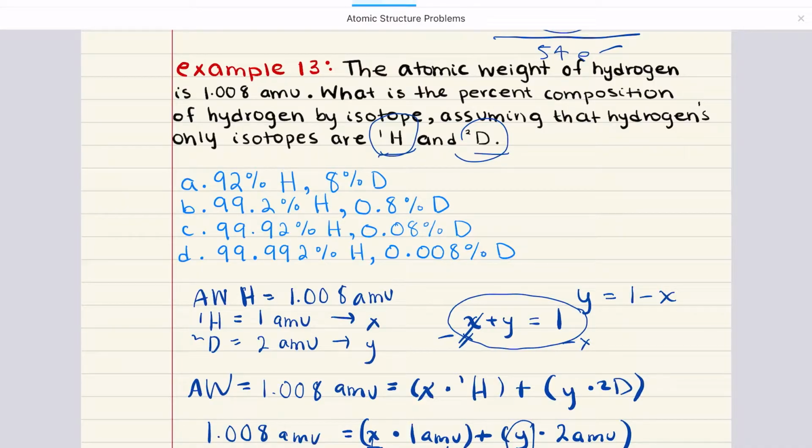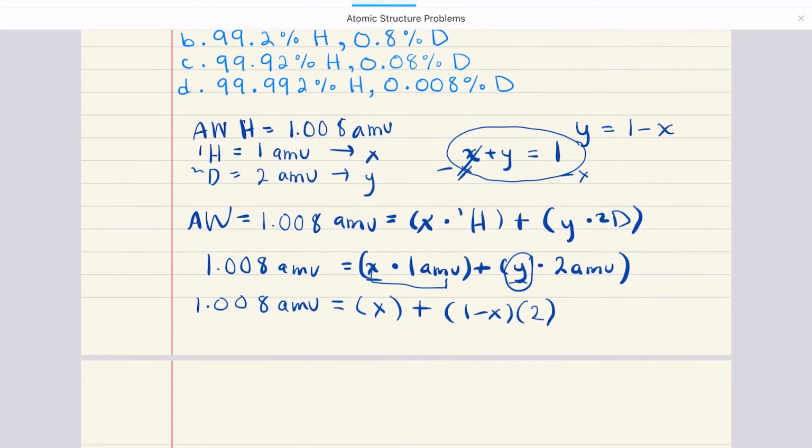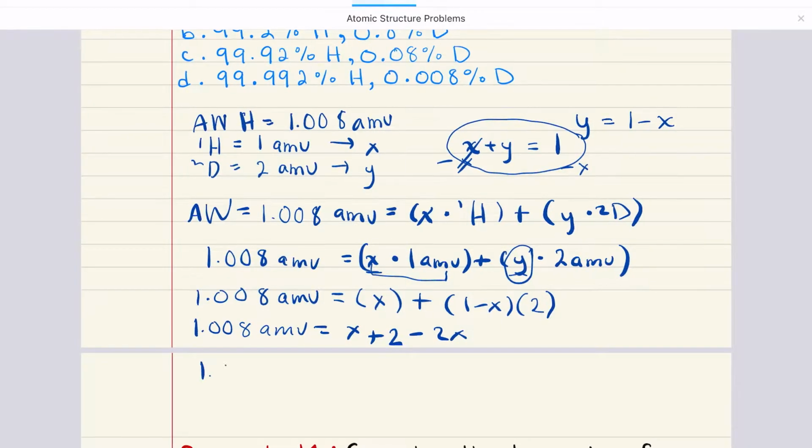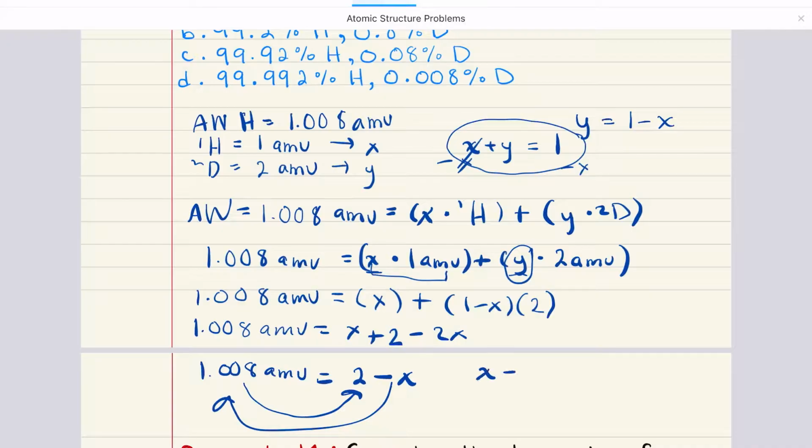And now this becomes a really easy expression to distribute and then solve. What we have is that 1.008 AMU is equal to x plus 2 minus 2x. All right, and we can rearrange this, and what we have is then 1.008 AMU is equal to 2 minus x. All right, and then we can just solve for x by moving x to this side and then moving 1.008 over here. And so we get x is equal to 2 minus 1.008. X is equal to